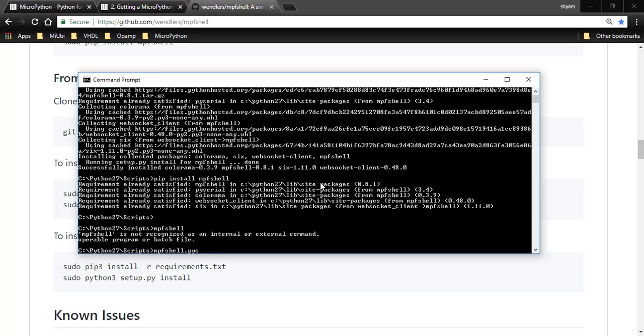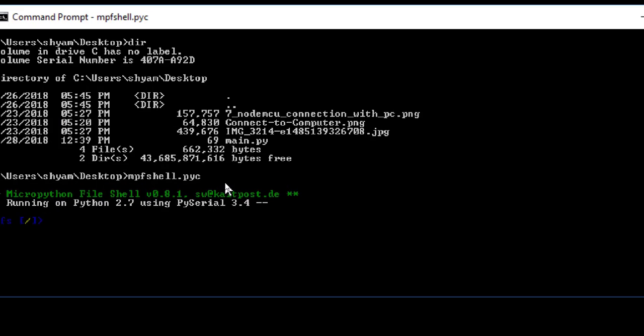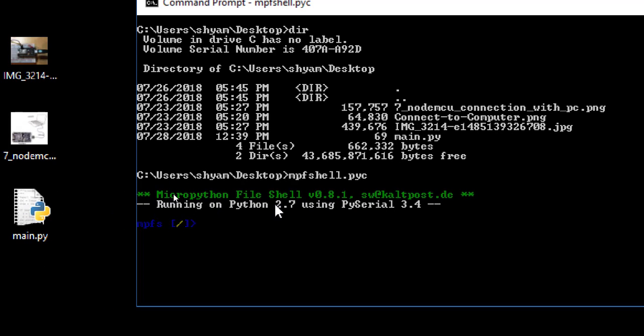Okay. Now I open it. Now I shall go to desktop because I want to push my main.py onto my NodeMCU. Now I shall open mpfshell.pyc from desktop so that I can directly push my main.py onto the board.